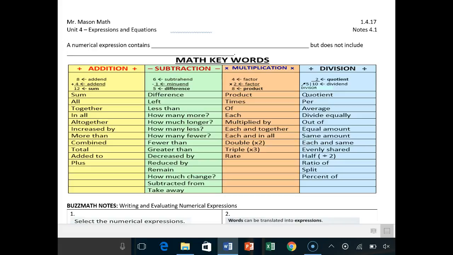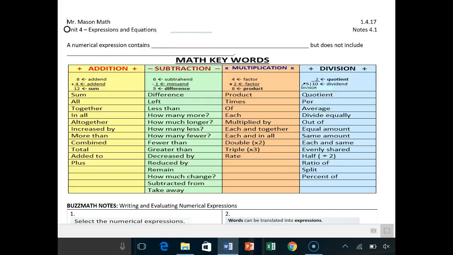So we're going to first start off by learning how math expresses itself sometimes in different situations. So this will be laying the very foundation of this mathematical language, and then later on throughout the unit we'll be applying this foundation to real-life situations. A numerical expression is something that contains only numbers